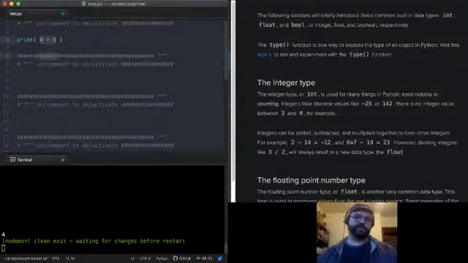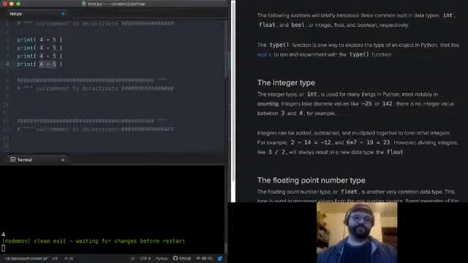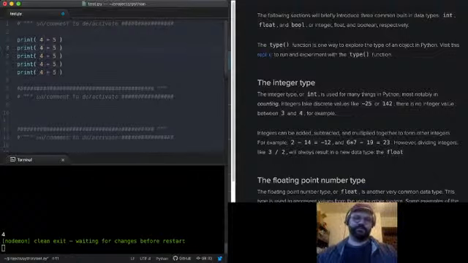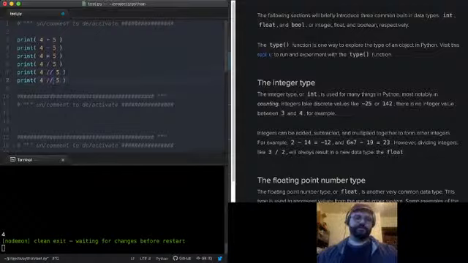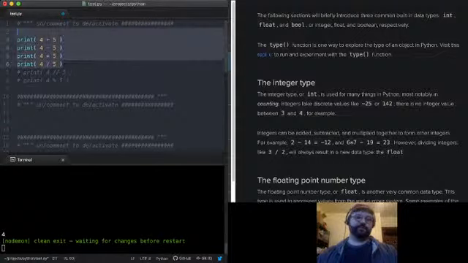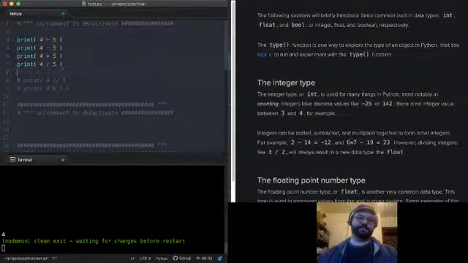Python obviously can do other kinds of math other than just addition. We can do 4 minus 5, 4 times 5, 4 divided by 5. Things get a little funky with division because there are three operators related to division. Let's just look at these four basic operators for now: addition, subtraction, multiplication, and division.